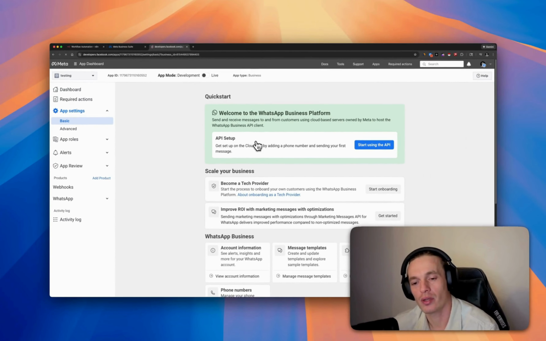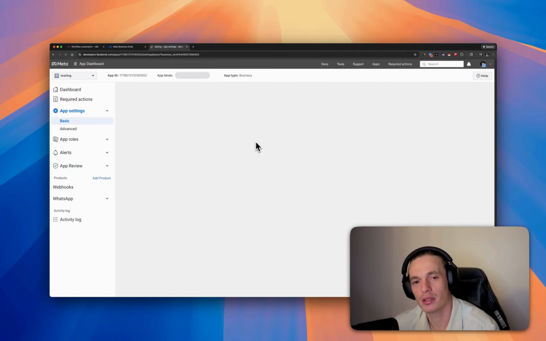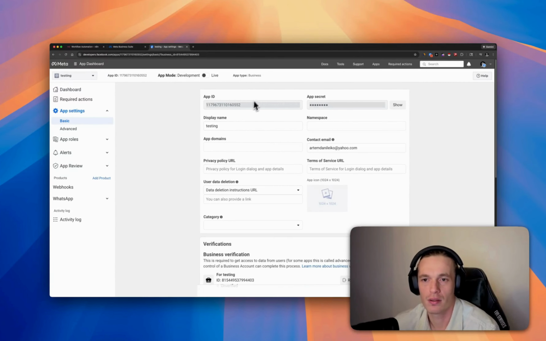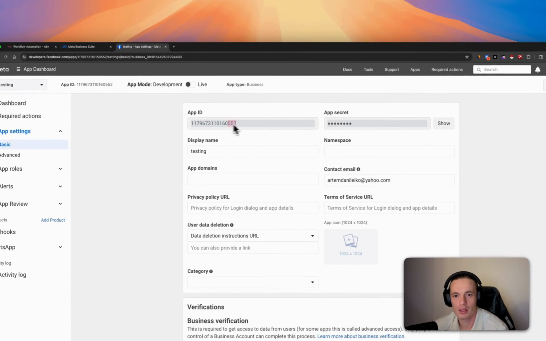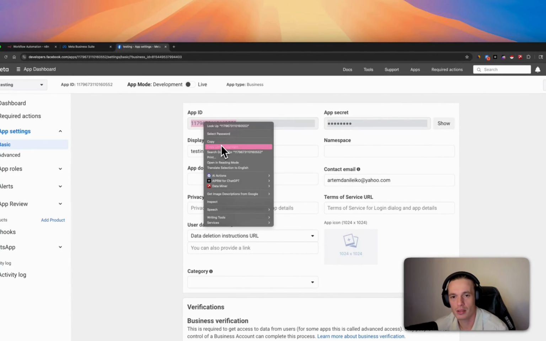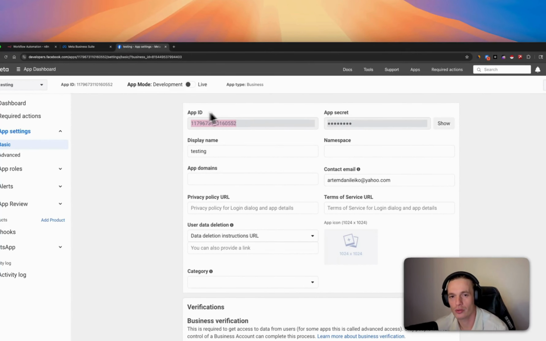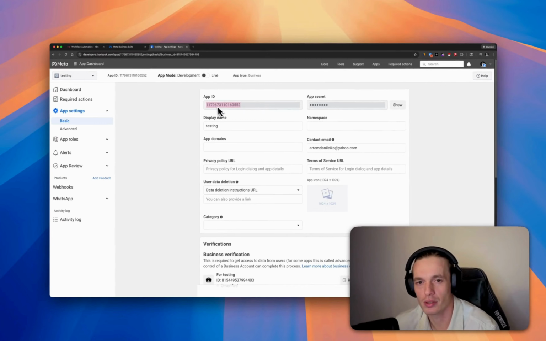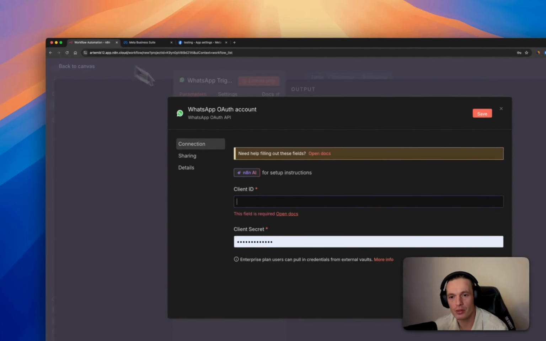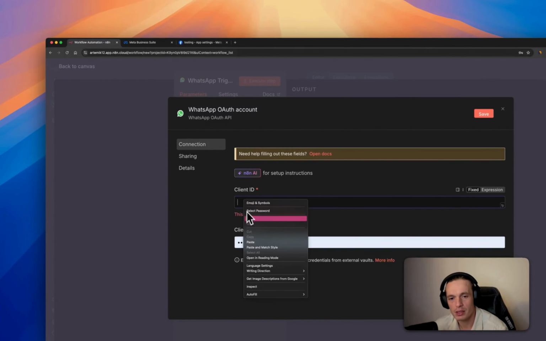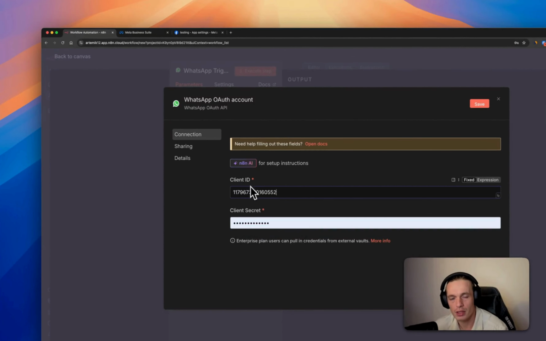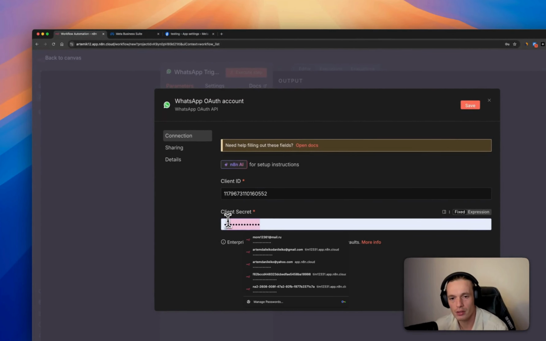Here we're gonna get our client ID. Copy that, app ID. We're gonna need those two, app ID and app secret. Copy app ID, go back to n8n, paste here into client ID, and for client secret,